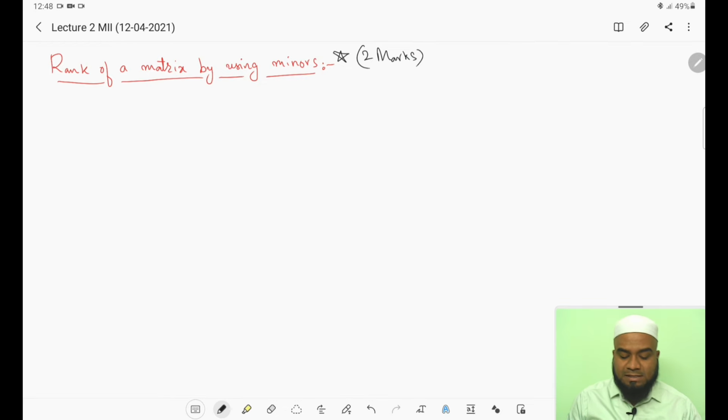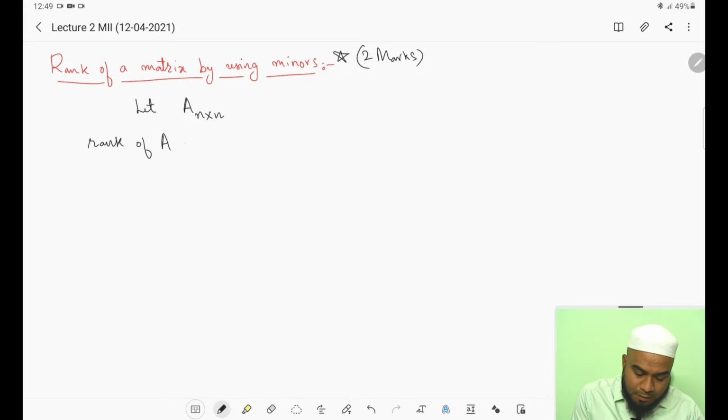Right, 2 marks questions will be asked, SAQ questions will be asked from this rank. Suppose I am having a matrix, let A be a matrix of order n by n, with n rows and n columns. Then rank of A is denoted by